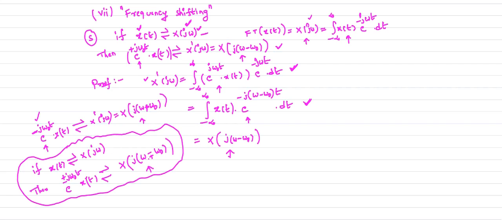How are we going to get the shift in the frequency domain? If you want the shift in the frequency domain, you need to multiply your time domain signal by the exponential e^(j omega naught t). This is your frequency shifting operation, the seventh property of the Fourier transform. Next we move on to the next property, the time scaling property. This is very important. This is your eighth property, the time scaling property of the Fourier transform.